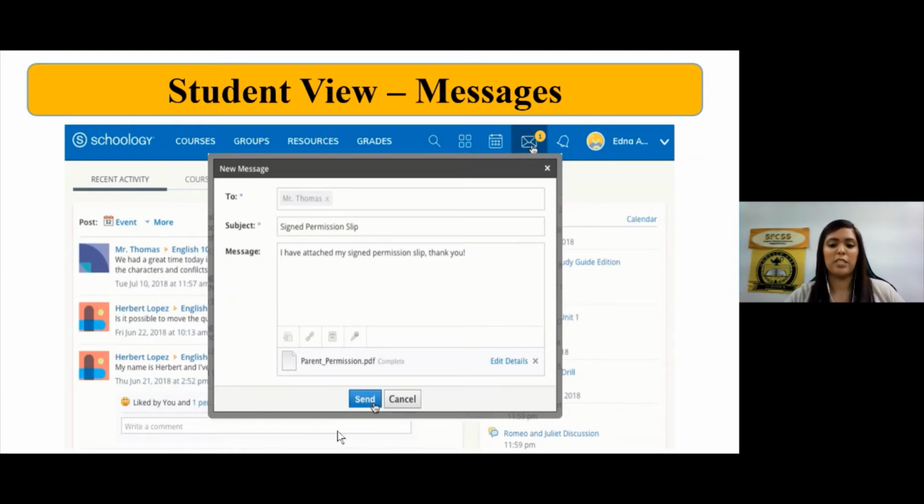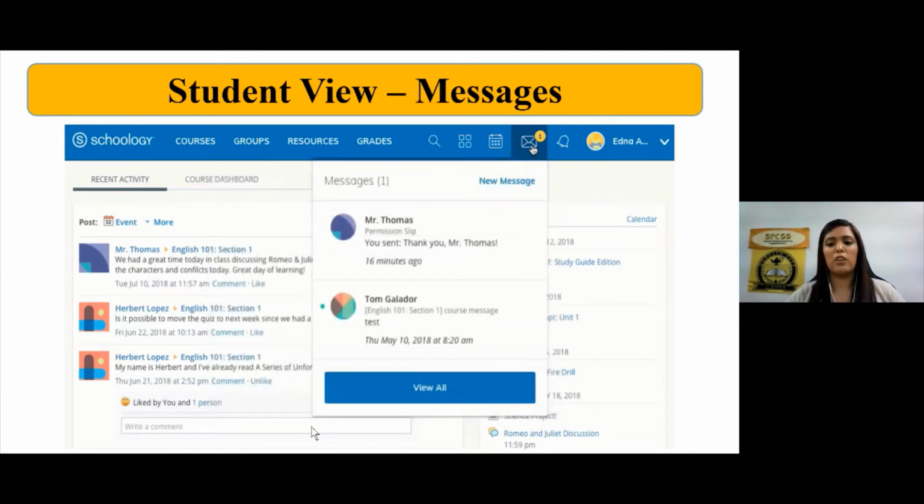When checking for new messages, your student will once again go to the top of the page and click on that little envelope icon. But if you notice up at the top, that envelope icon has a little yellow bubble with a little number in it. That number is an updated number of how many unread messages are waiting for your student in their inbox. To see them, they can click on the icon, and then from the drop-down menu, they will be able to select a message to read, or they can hit the View All option,